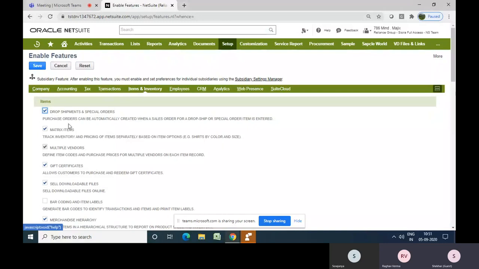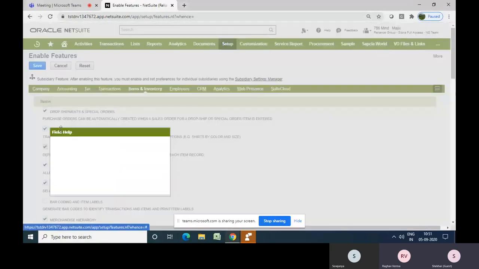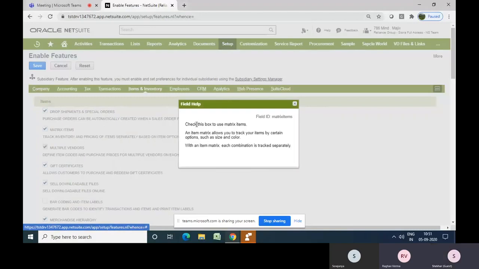An item matrix allows you to track your items by certain options such as size and color. With an item matrix, each combination is tagged separately.